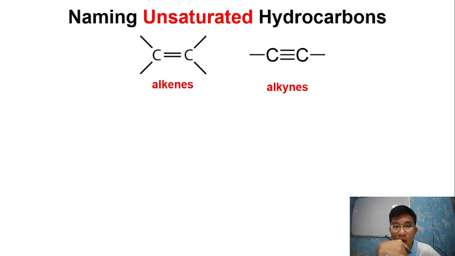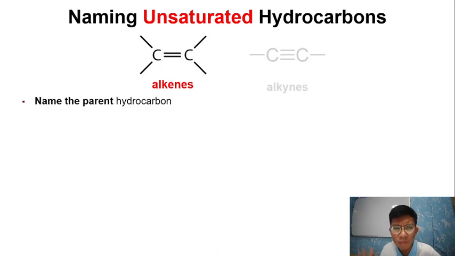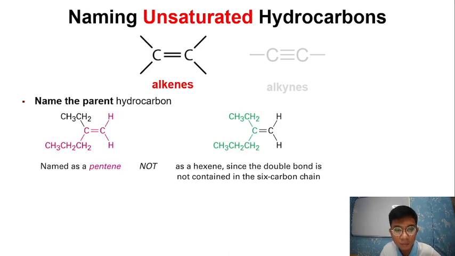So how about if you have a double bond or a triple bond? So same rule applies. So you need to name the parent hydrocarbon. Pero how? So this time, the rule here is you need to find the longest chain that dapat ay